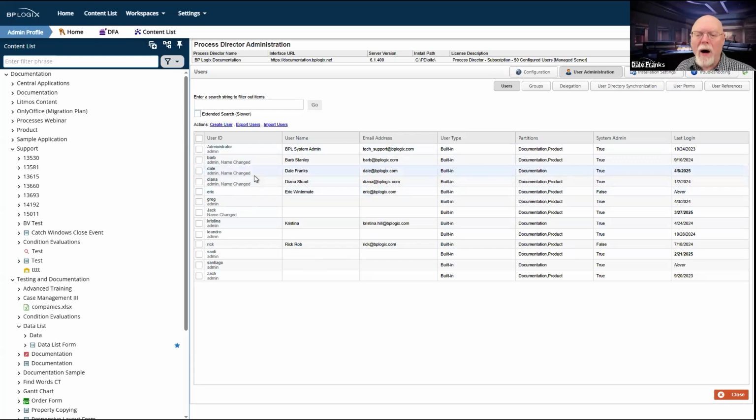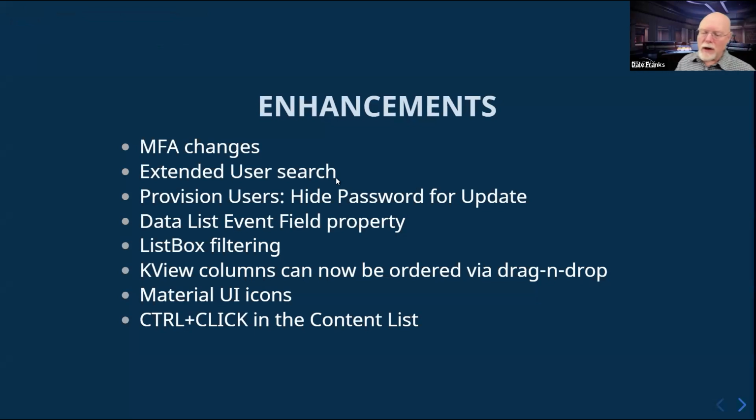So you may remember how for version 6, we extended this a little bit so that it would search for a specific text in one of these columns, and it would return the value based on what you put here. We've now extended this to a full text search for all of the user attributes. However, it is slower because it is doing a full text search. So it's great to have, and you can search with a lot more detail in terms of matching what your search string is. It will return more records, but because it is a full text search, it is going to be a slower search, so you do need to keep that in mind.